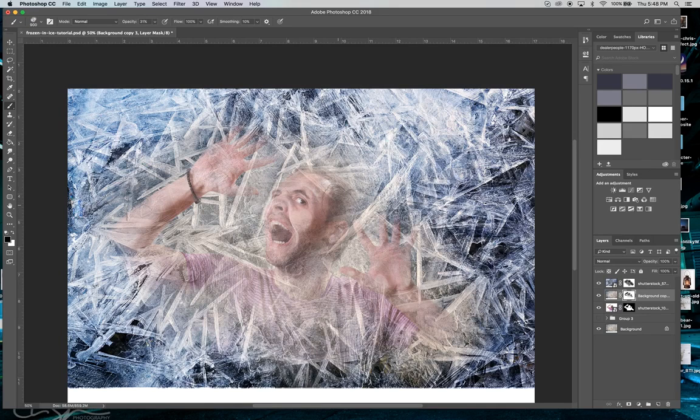Okay, so now let's go ahead and click on the layer with the guy, and let's name these so we don't get lost. Our guy, and then this one will be ice 1, and this one will be ice 2. Okay, what we want to do is click on the guy,